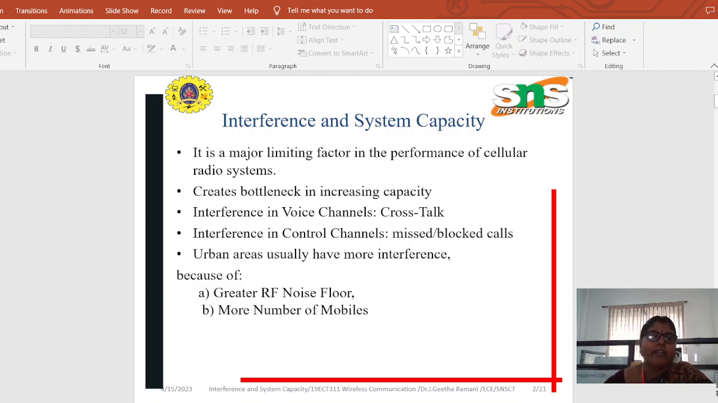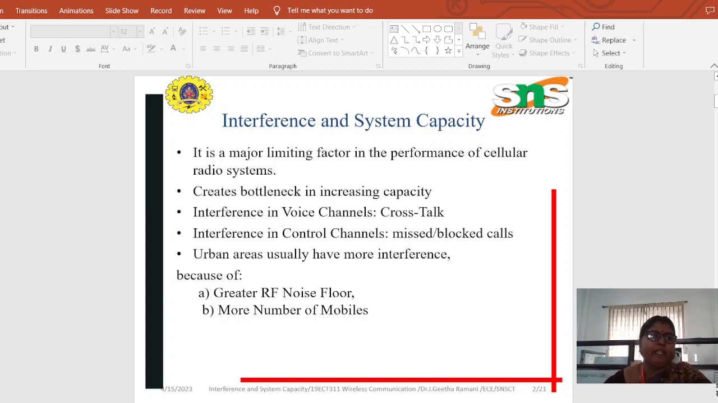As the number of mobile users is increasing day by day, we have to accommodate all the users within the available spectrum. That is one of the important bottlenecks in designing a cellular architecture. And there are two channels, one is a voice channel and another one is a control channel. So interference in a voice channel creates crosstalk, whereas interference in a control channel creates missed or blocked calls. Missed calls means the call will be lost. Blocked calls also